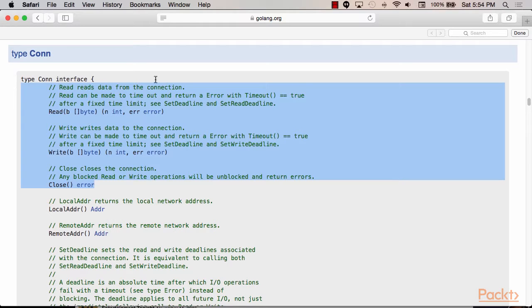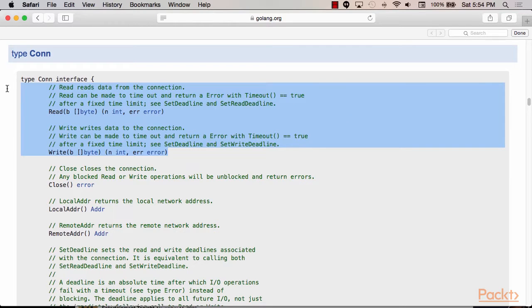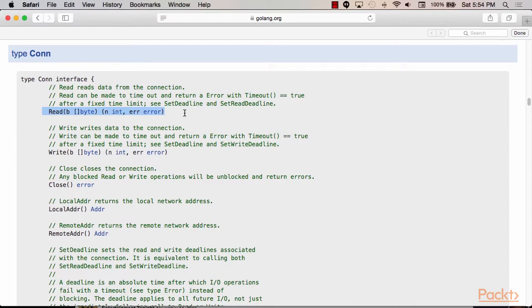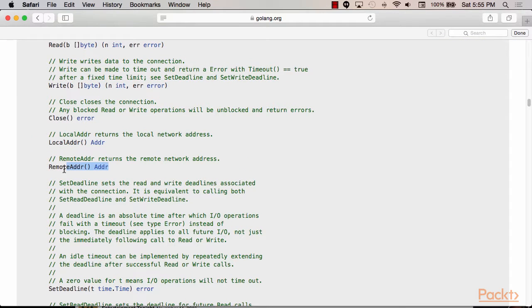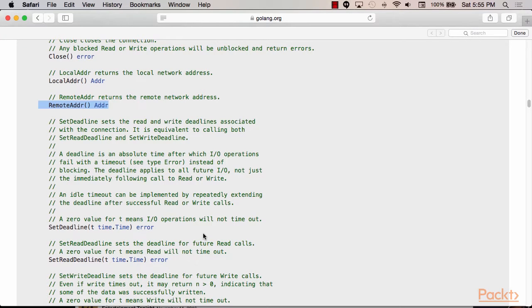example, which has very heavy support for the reader interface read method and the writer interface write method, as well as the bufio package, which also has support for those methods. The read method and the write method are what we use to send and receive data over the IP TCP connection. The Conn type also supports a method called local address, which is used to get the local address of the connection, and a remote address method, which is used to get the remote address that's trying to connect to